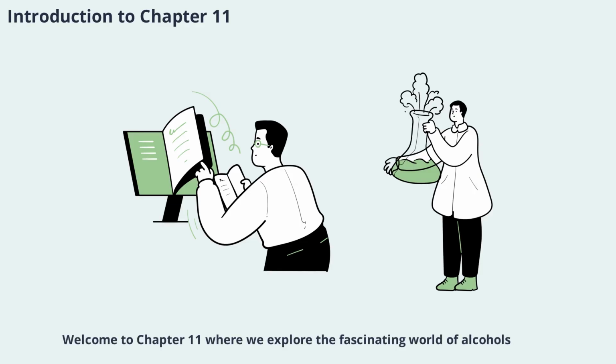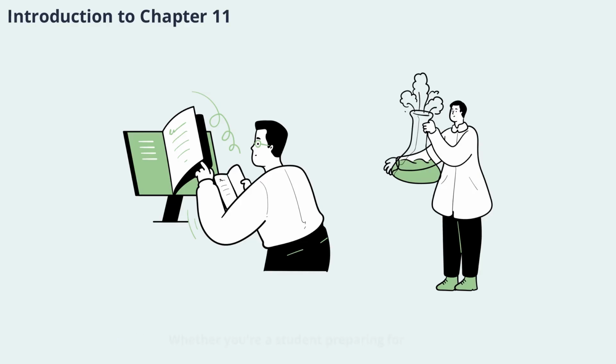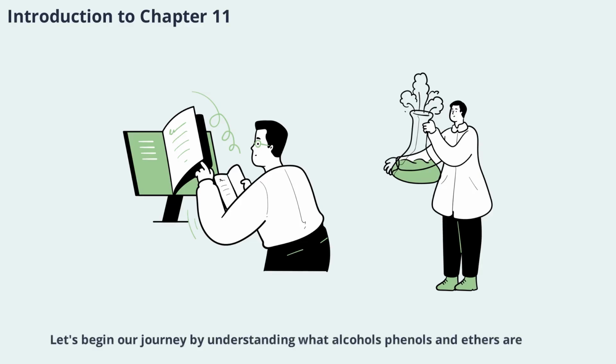Welcome to Chapter 11, where we explore the fascinating world of alcohols, phenols, and ethers. These organic compounds play a crucial role in both everyday life and industrial processes. In this video, we'll break down their definitions, properties, reactions, and uses, making complex chemistry concepts easy to understand. Whether you're a student preparing for exams or just curious about organic chemistry, this chapter will provide you with a solid foundation. Let's begin our journey by understanding what alcohols, phenols, and ethers are, and why they matter in science